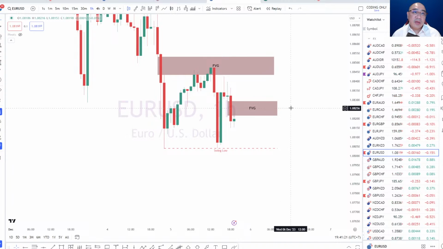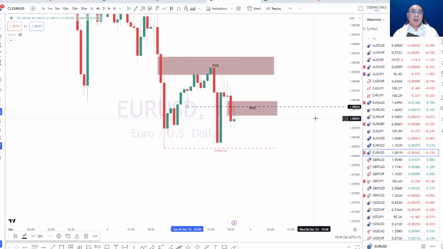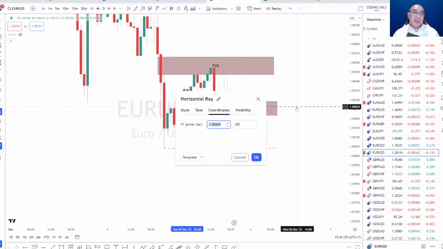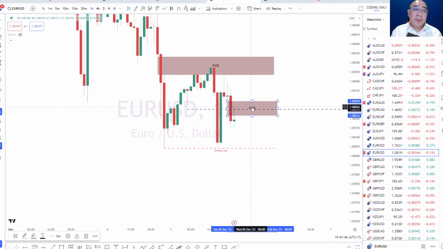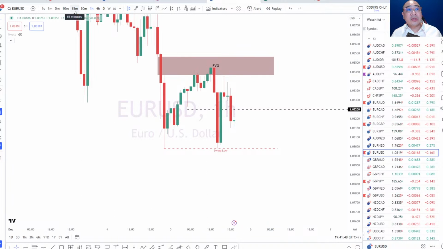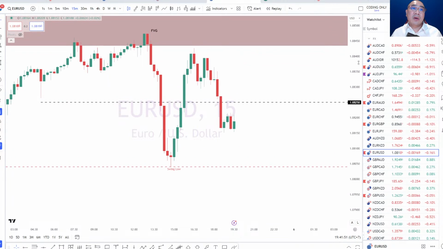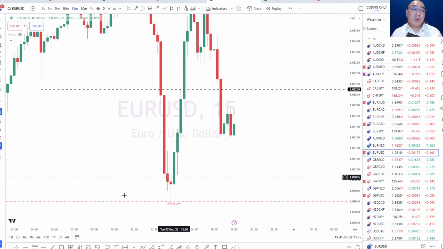However, if we take a look at this one here, what's interesting is, if I were to draw this, it would come in somewhere in between. I just need to make a little bit of an adjustment. It will be at 1.0825, which is a psychological price level. That level is very close to the consequent encroachment, or the CE level, in the FVG. So if I were to go onto a smaller time frame, I would look at this as a potential point where the market could come back to 1.0825.